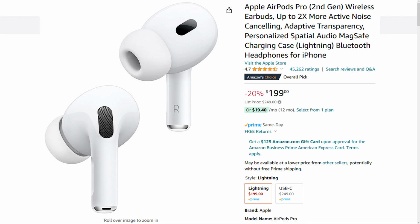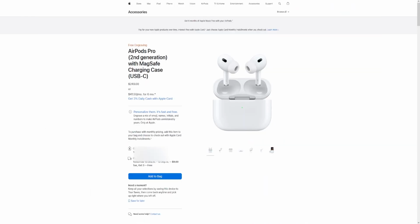And yeah, those are pretty much the only two products left that were using Lightning. But if you have an iPhone 15 and you want to maintain the same cable, Type C, then you will have to pay the 250, or you can wait like a year or something for these to go down to 200. But if you have a 15 and you don't mind using different cables for your phone and your AirPods,